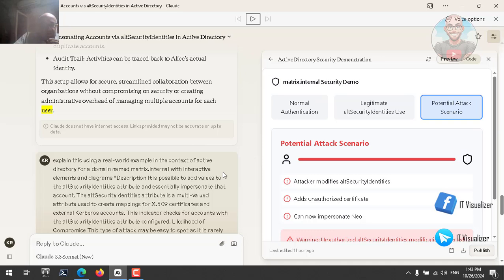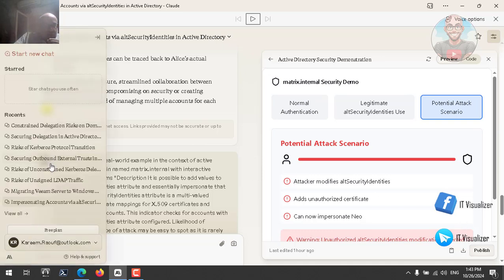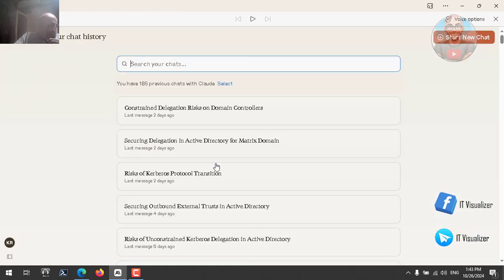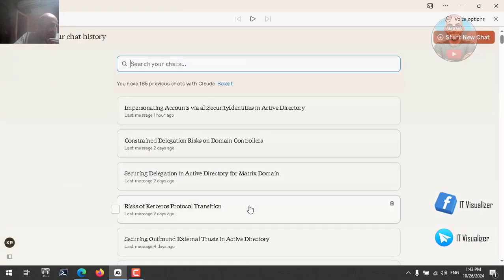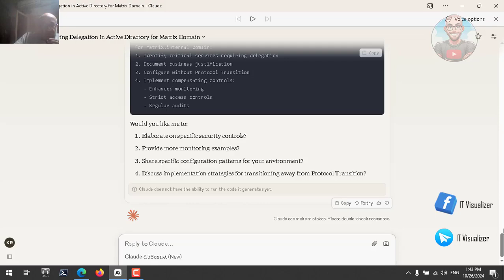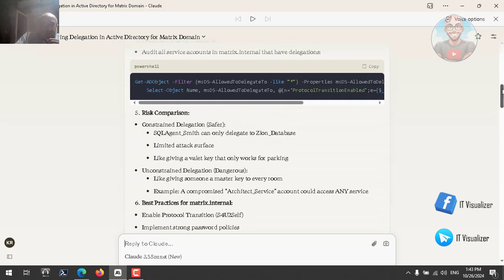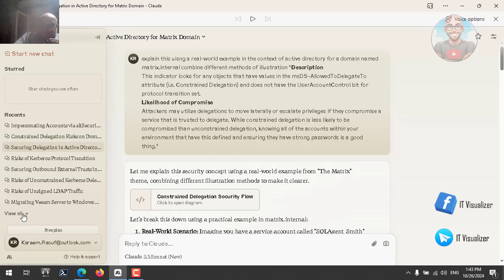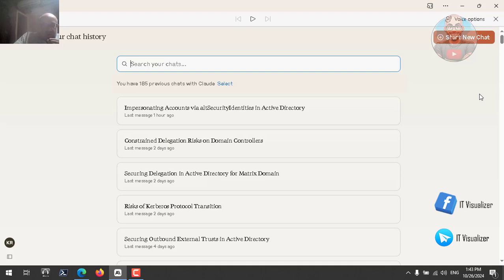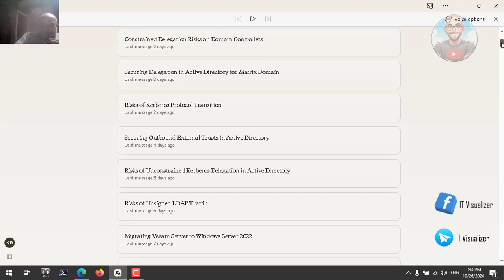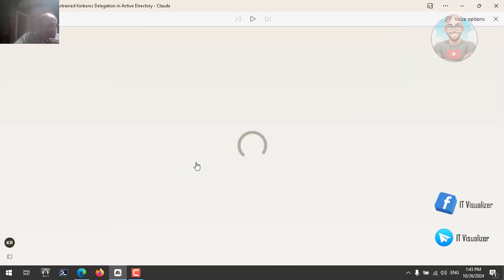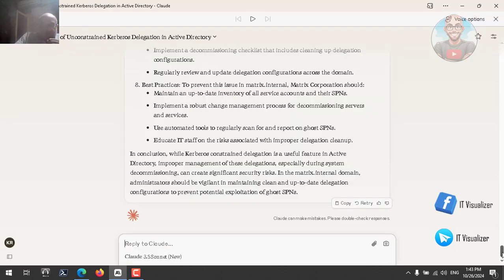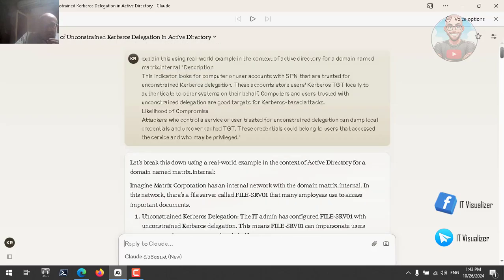If we go to Claude, I need to get the explanation because I have already seen the rest of Kerberos transition. No, this is securing delegation in Active Directory. I think this is it. So if we go further and see, no, I think this is not what I am talking about. If we go again and see all of unconstrained, let's see unconstrained delegation, risk of unconstrained Kerberos delegation, this is it. And if we go further and see here the example,